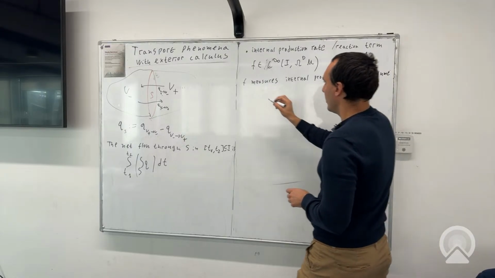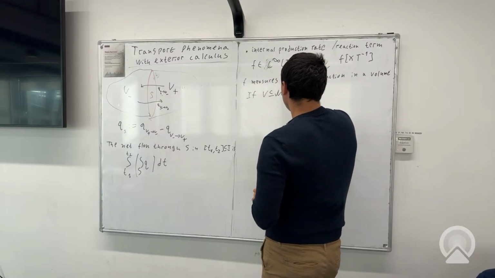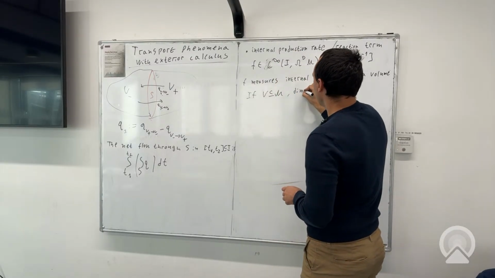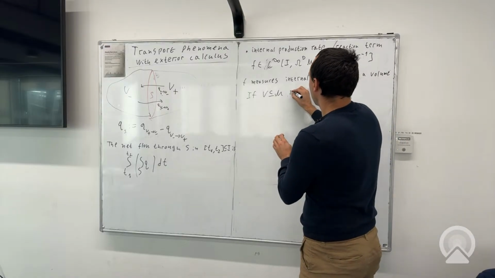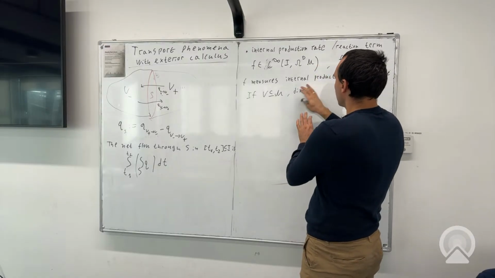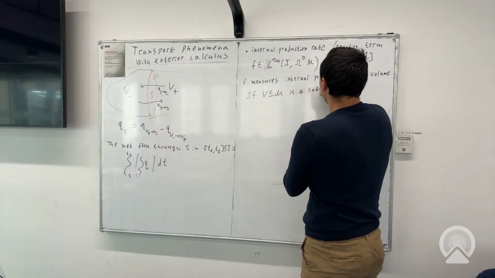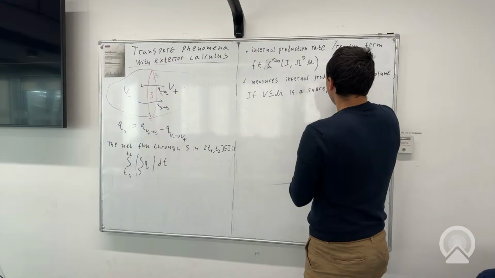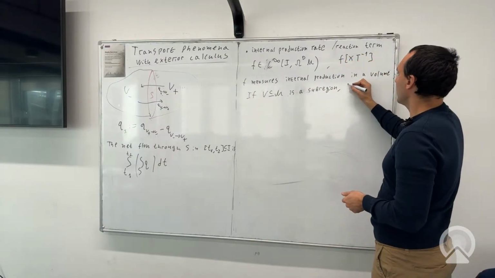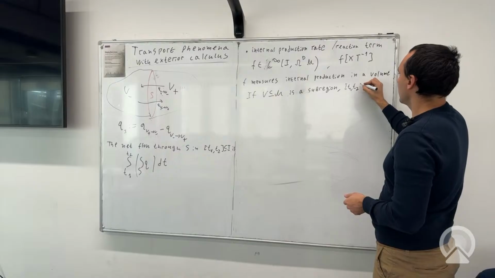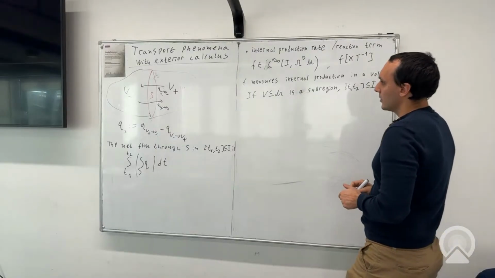So if V is the manifold, it's a subregion. It's a subregion. And we have some interval. T1, T2 is a subinterval of I. Then the